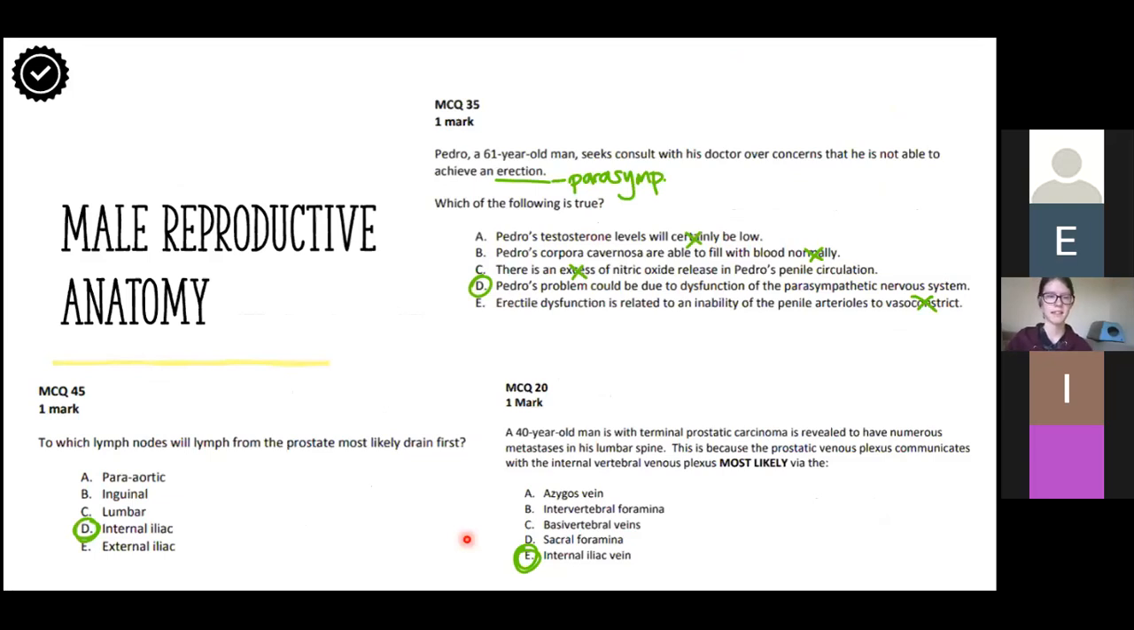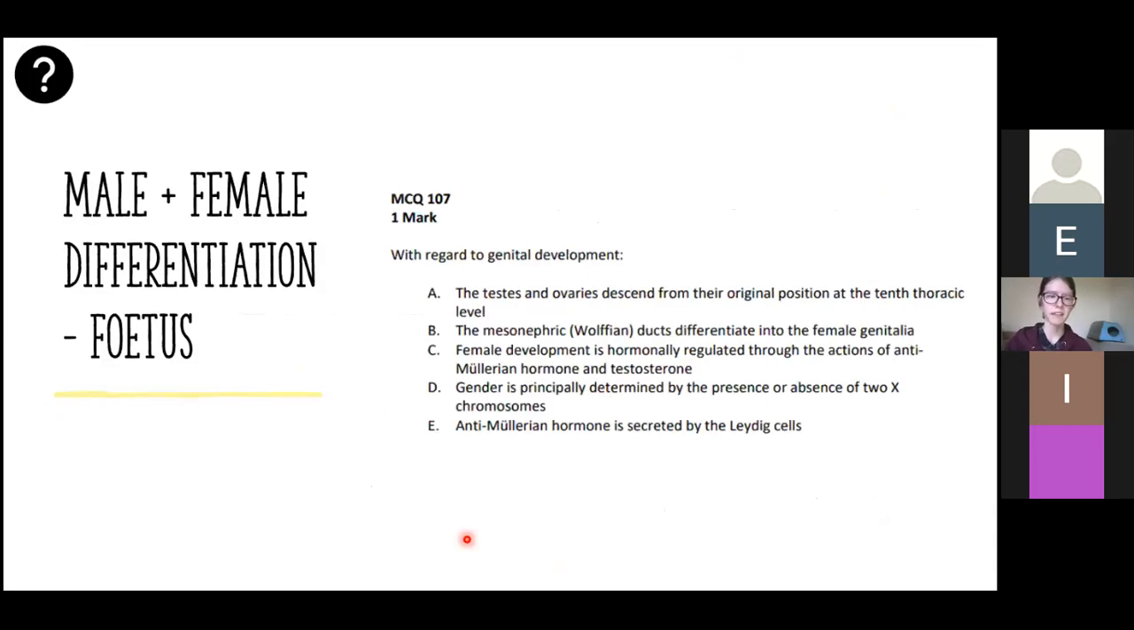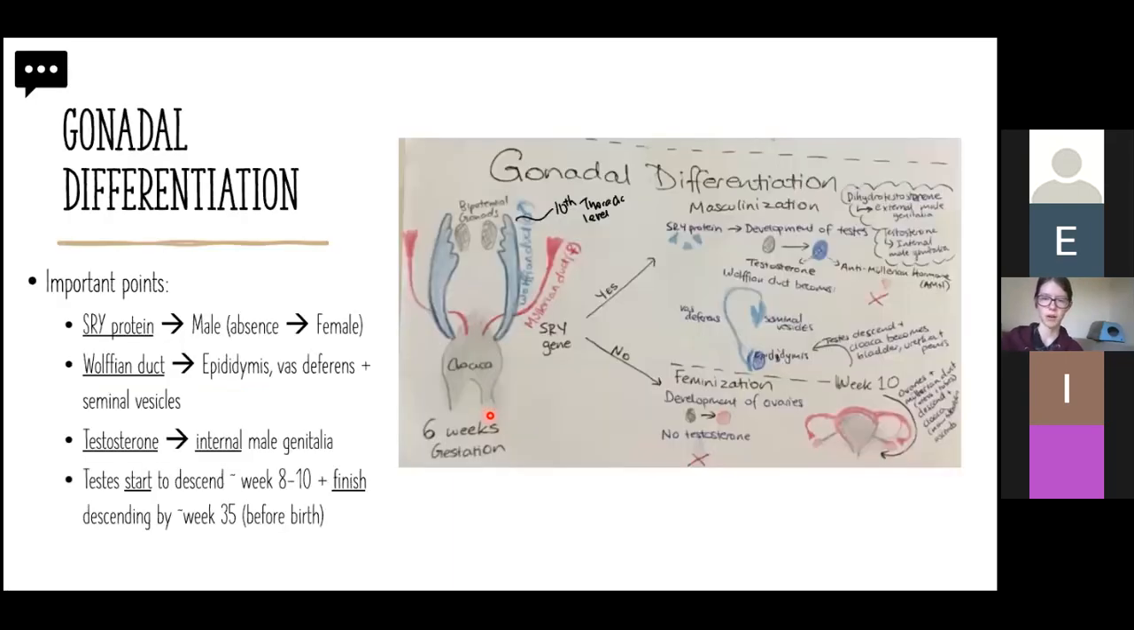All right. And last bit of anatomy, male and female differentiation as a fetus. Give you 15 seconds for this one. This one's a tricky question. All right. Sorry about my terrible drawings here, but